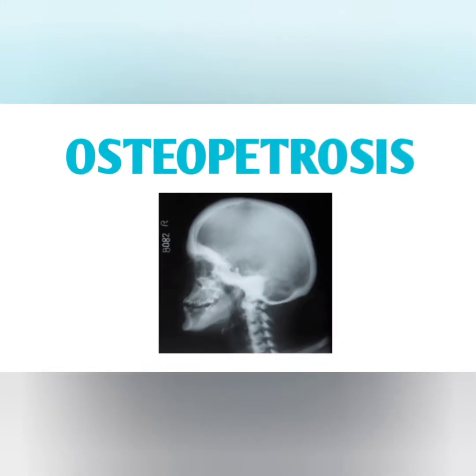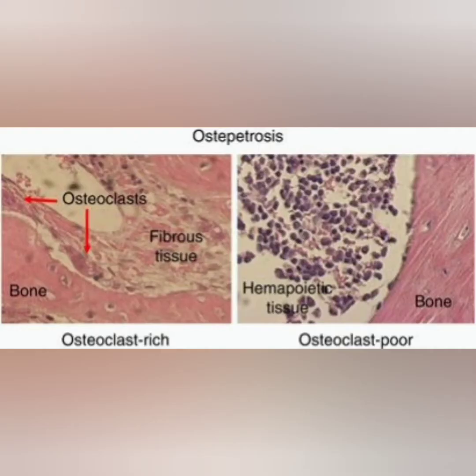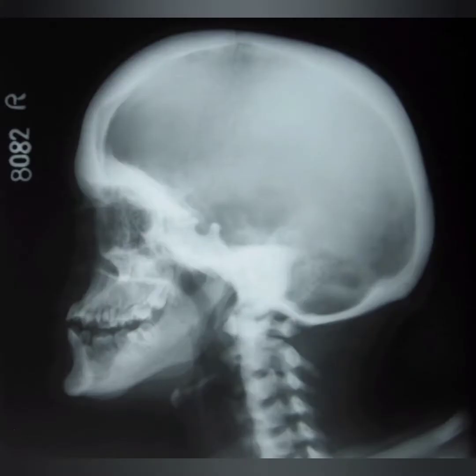Osteopetrosis, also known as marble bone disease or Albers-Schonberg disease, usually occurs because of defective osteoclastic function. Usually, the osteoblasts lay down the bone and osteoclasts are responsible for the resorption of bone. But here, the osteoclasts are not working. So, there will be no blood supply to the bone and the whole bone becomes avascular. Since it is avascular, the radiograph of the skull will be thick and radio-opaque.